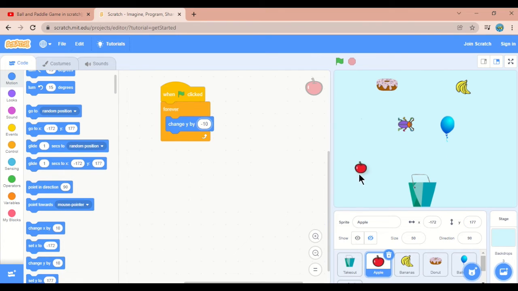From here it changes till here, that is minus 174. Or instead of 174 like that, we can choose 180 and minus 180. So it starts from 180, and when it reaches minus 180, it should go back.